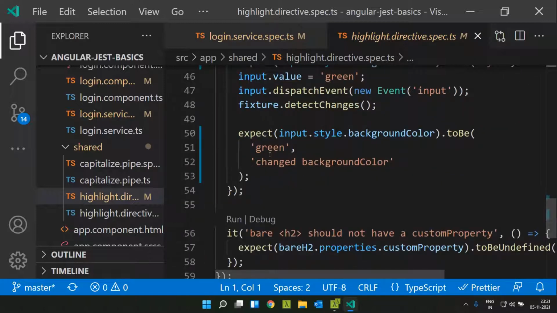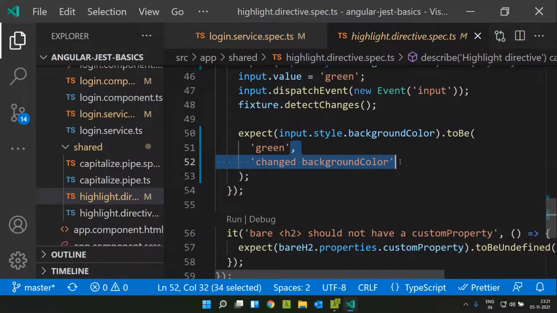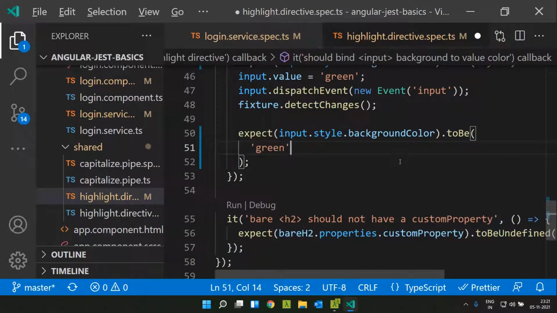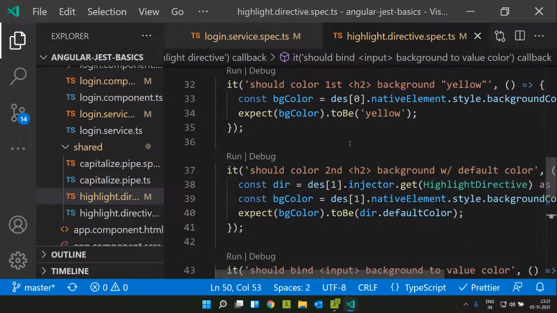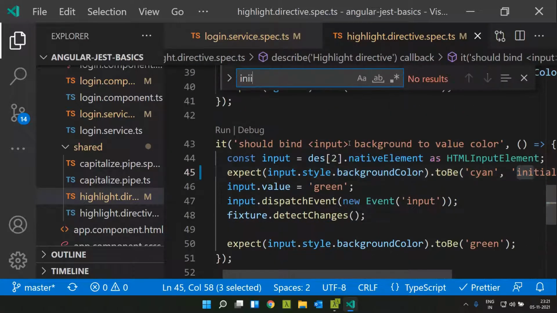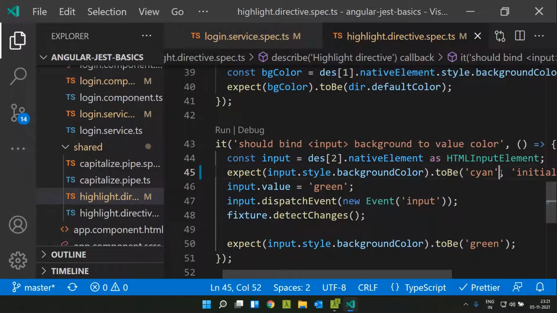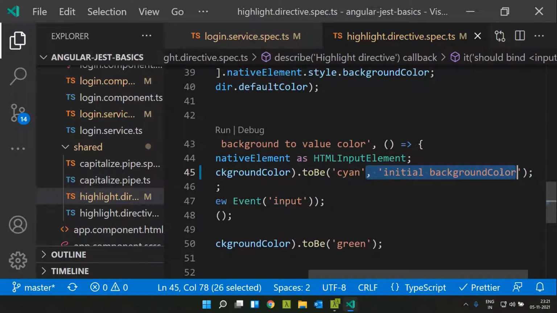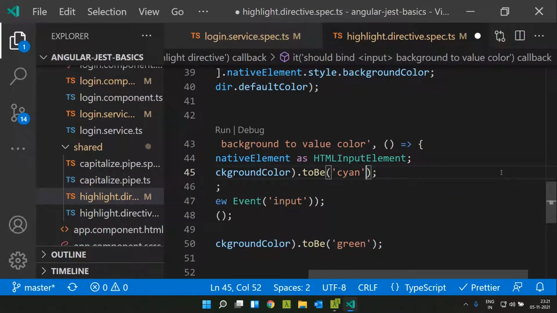Here again we have that same thing. We are passing a second parameter, so that is not needed. One more place we have the same issue, so we can remove it here as well.